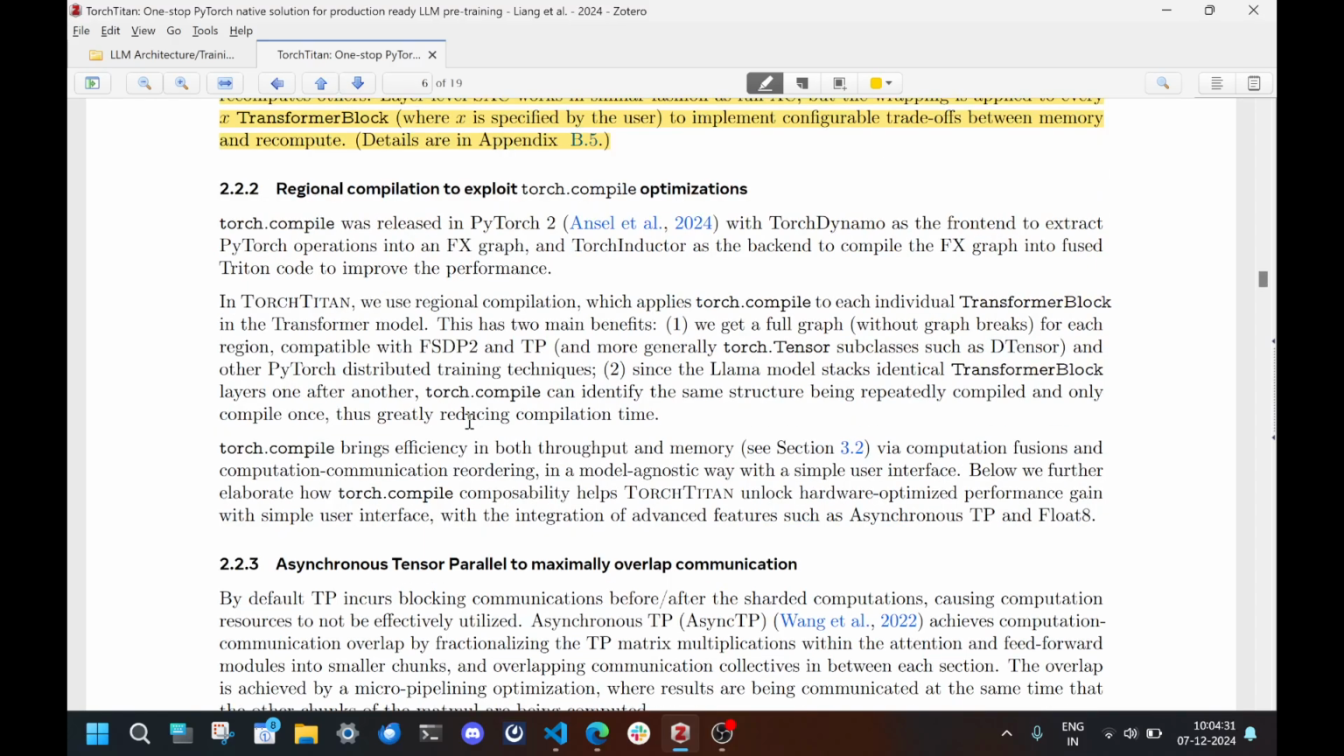All right, so regional compilation to explore torch.compile. So torch.compile, if you're not familiar with it, was released with PyTorch 2, with TorchDynamo as the front end to extract PyTorch operations into an FX graph, and TorchInductor as backend to compile the FX graph into fused Triton code to improve performance. So at a very high level, what this means is that you're basically creating a graph out of your PyTorch operations. If you've used TensorFlow before, TensorFlow basically started off with this paradigm, and then they basically use the backend, TorchInductor, which finds operations which are occurring together and tries to write efficient